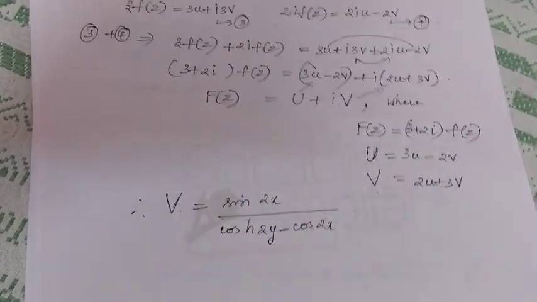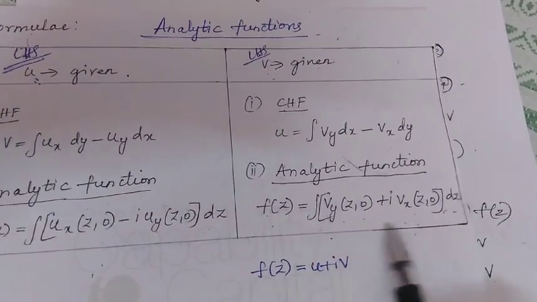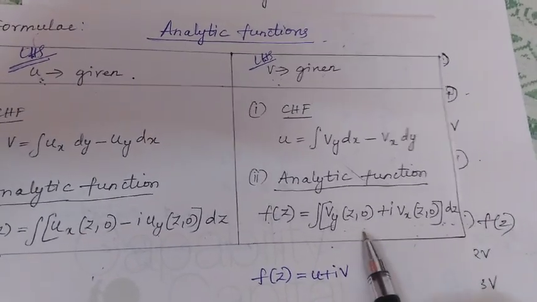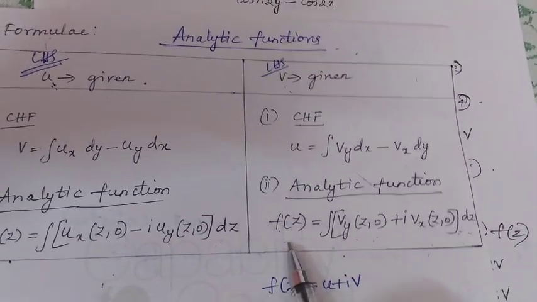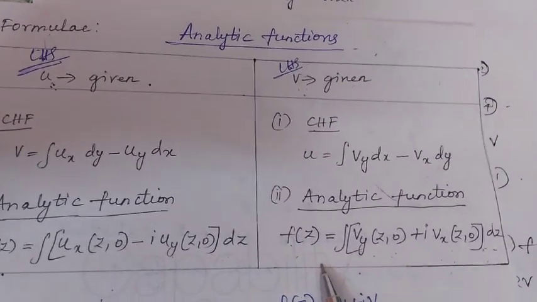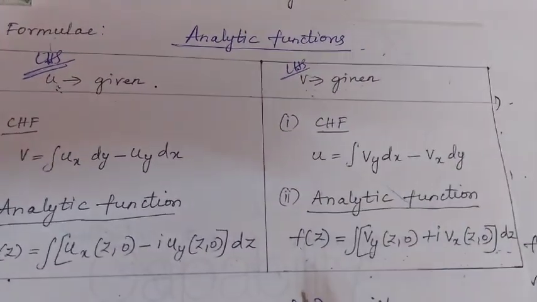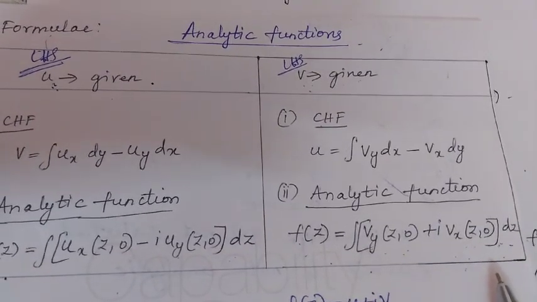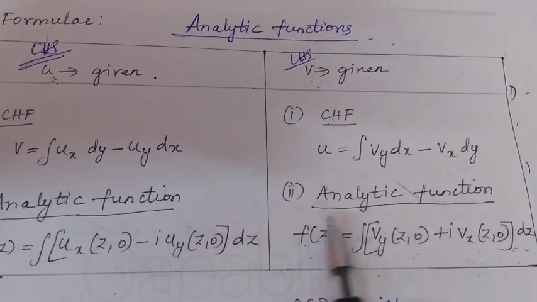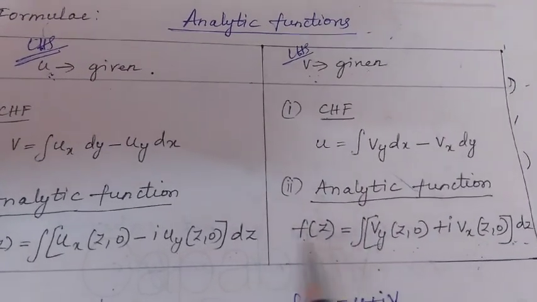So it comes under the form where, if V is given, you write your analytic function formula. So the formula page I am showing. If V is given, what is your formula for analytic function? This is the formula to find out your analytic function. Here, instead of the small f of z, we'll write this as capital F of z. That's the little change you're going to do here. So it is a problem like V given, where this is the formula for finding your analytic function. So instead of writing small f of z in the formula, a little change you have to do, you write this as capital F of z.